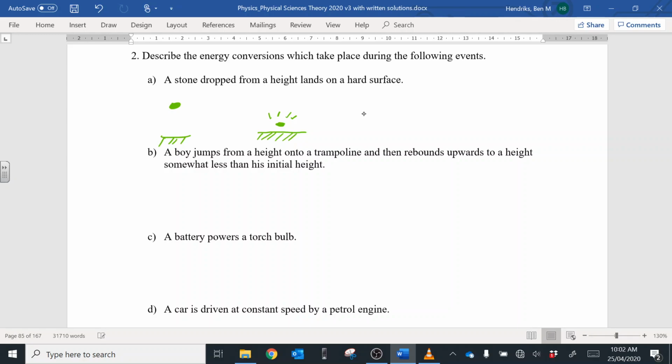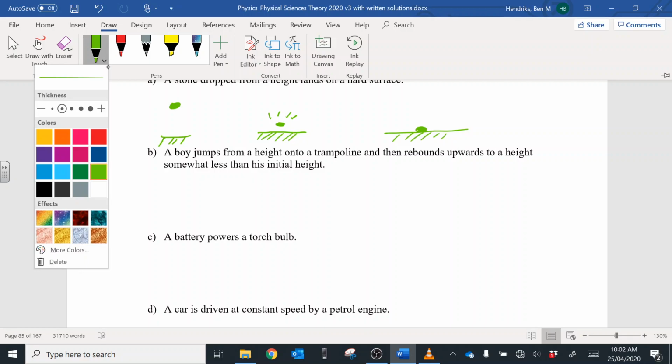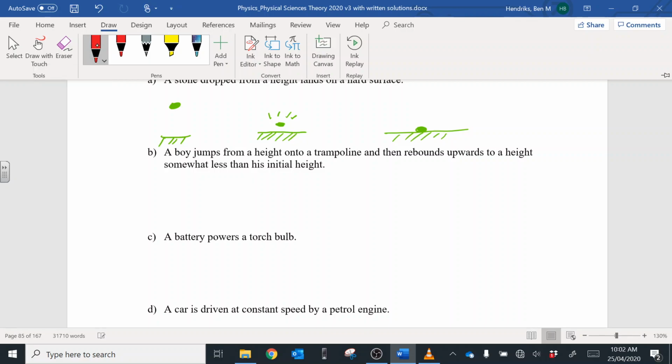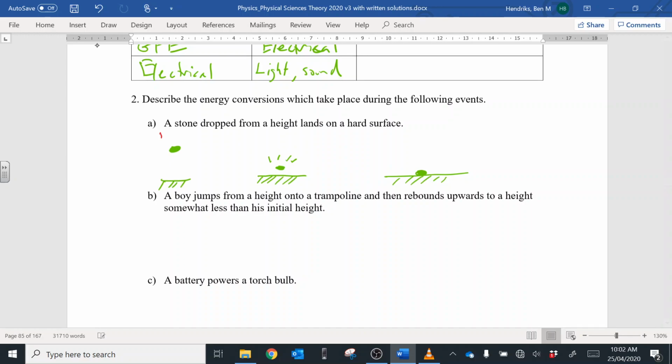It's falling towards the ground, and then lastly it hits the ground and stops. I'm going to get a different little colour here. Let's go red. So we have potential energy of the stone, and then that gets converted to kinetic energy